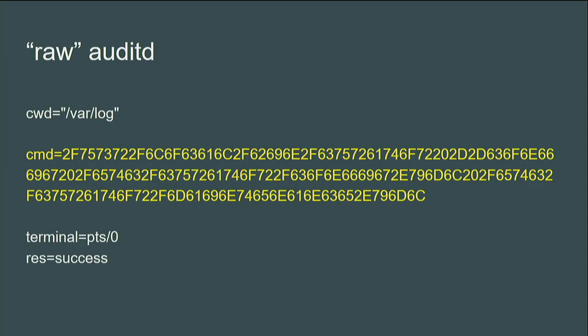So let's go back to that AuditD log, right? I said, AuditD, you have a space in a command. You get this nice hash. Who reads hex natively? Yeah, I don't either. And I'm lazy. I don't want to go out somewhere and convert it. So what did I do?